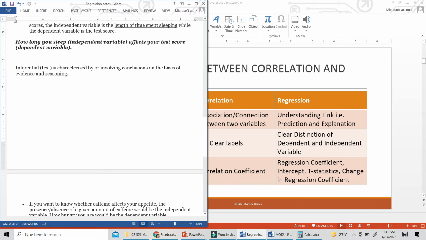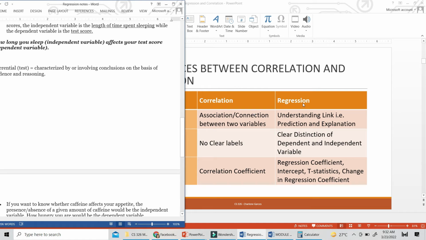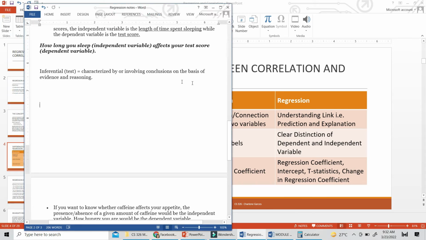Now when we say coefficient, we have already mentioned it here, no? When it comes to regression coefficient, correlation coefficient, intercept, t-statistic, and changes in regression coefficient. So we heard quite a few things about what is coefficient. I know some of you know what coefficient is, but coefficient is actually a number